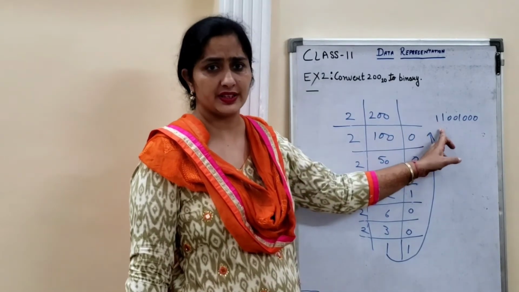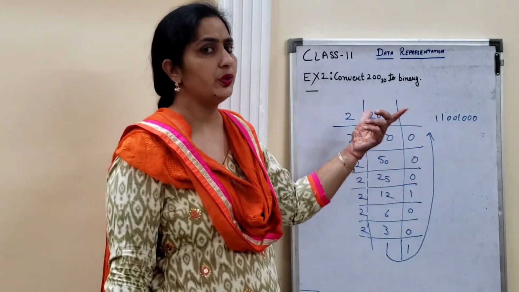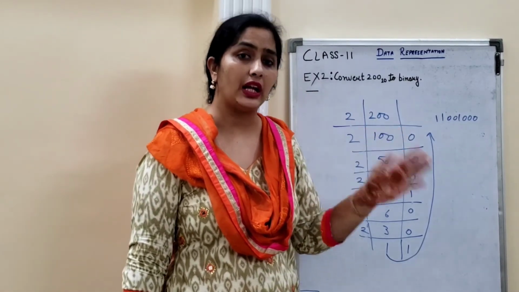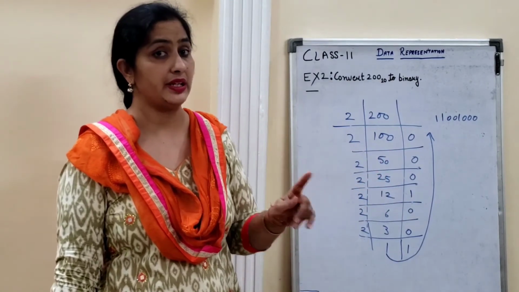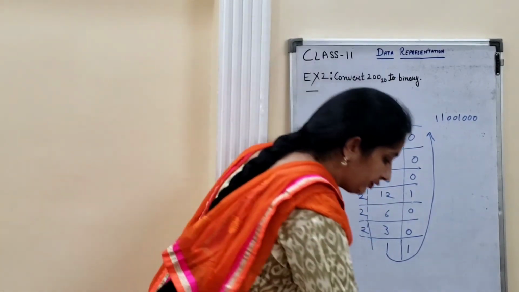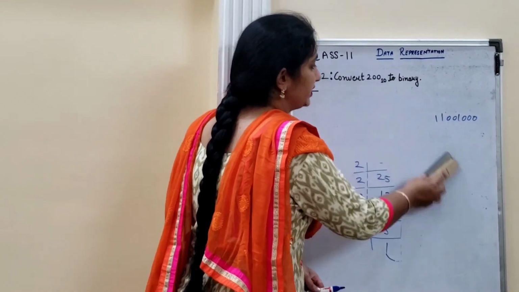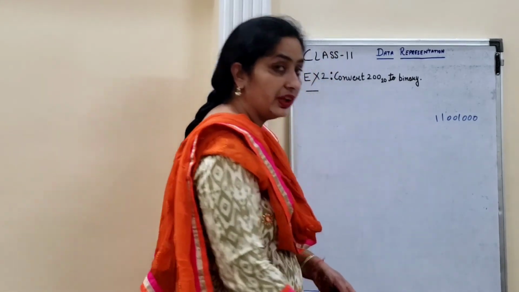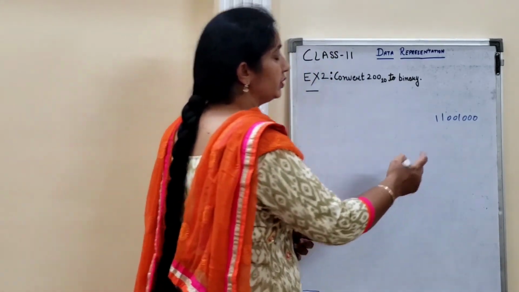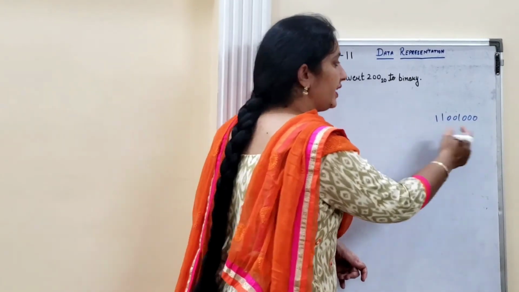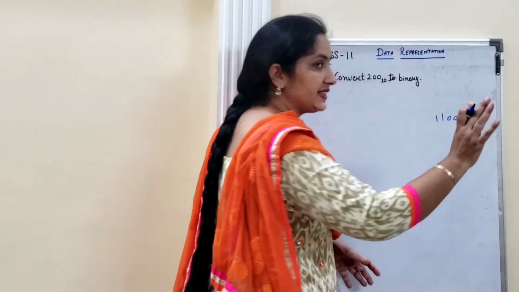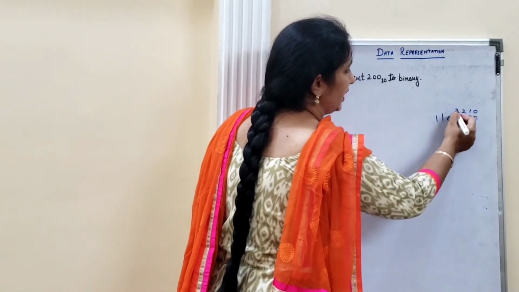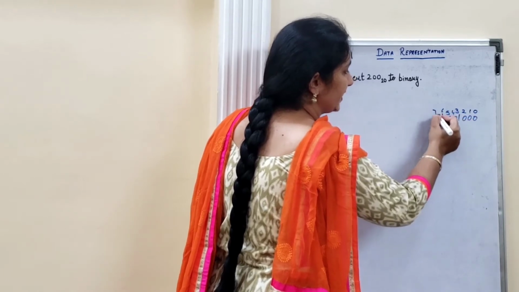So now you can match your answer. This same answer you got when you were doing with the previous method. So these two methods we have, with the help of which we are able to convert our decimal number into binary number. Now same number, this is your binary number, right? This binary number, if you want to convert it into decimal number, how can you do? On the top of this binary number, you have to write counting, simple counting, starting from 0. 1, 2, 3, 4, 5, 6, 7.